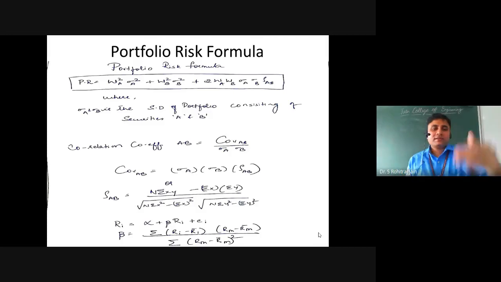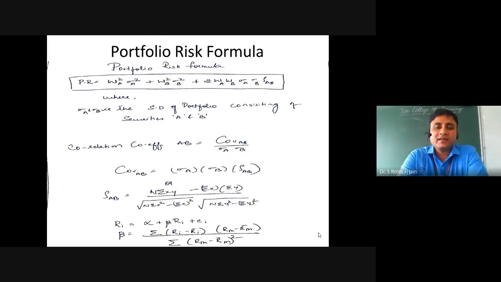so just below that I have written correlation coefficient of security A and B is equal to, how do I calculate that? I use one formula, yesterday we have solved. Okay, now the second one is directly I can use covariance of security A B divided by standard deviation of A into standard deviation of B. In the notes you have to put a small box for all these formulas.